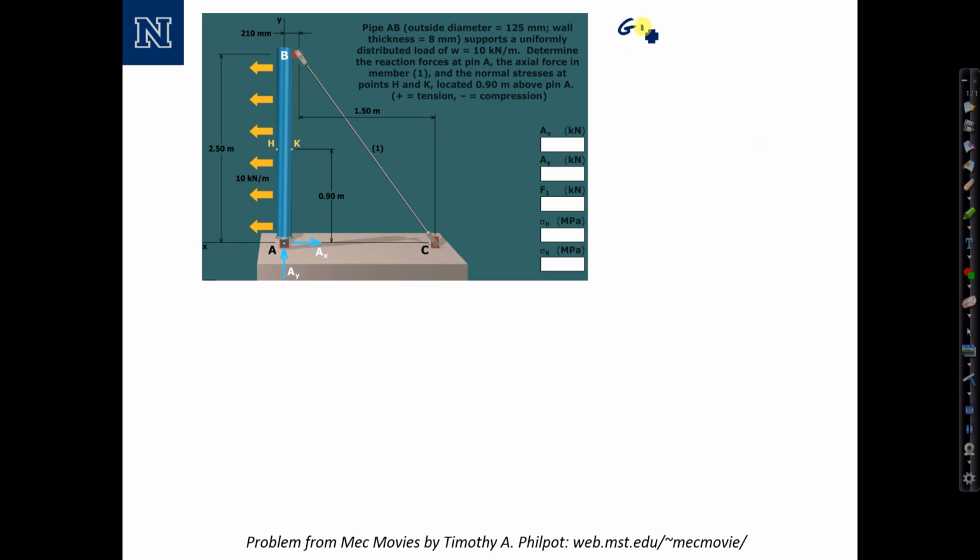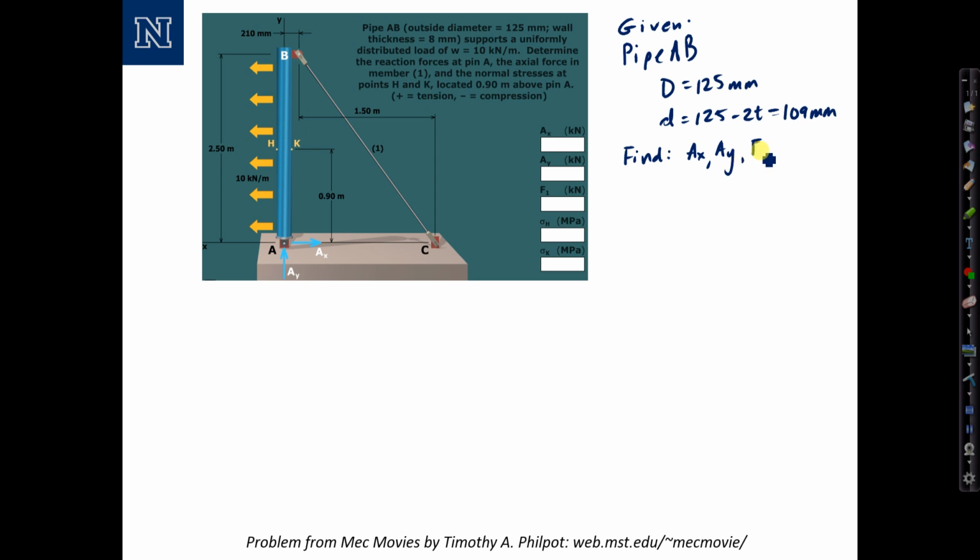Okay, and we're given the picture there. So we're given pipe AB with an outer diameter of 125 millimeters and an inner diameter of 125 minus 2 times the thickness, which is going to be 109 millimeters. We're basically given the sketch, which I will summarize with a free body diagram. We're asked to find the reactions Ax, Ay at the support, the force F1, all in kilonewtons, and we're asked to find the stresses sigma H and sigma K at points H and K,